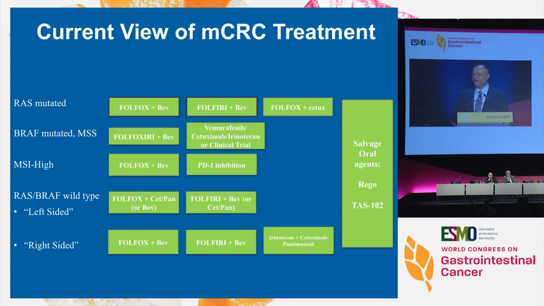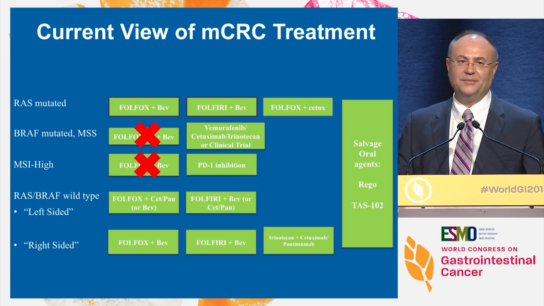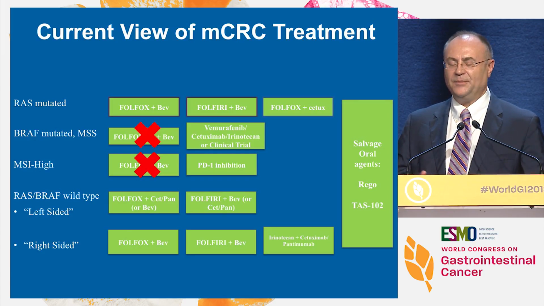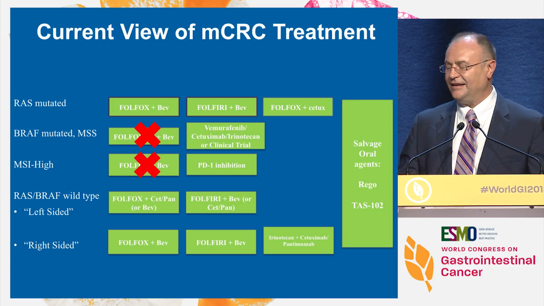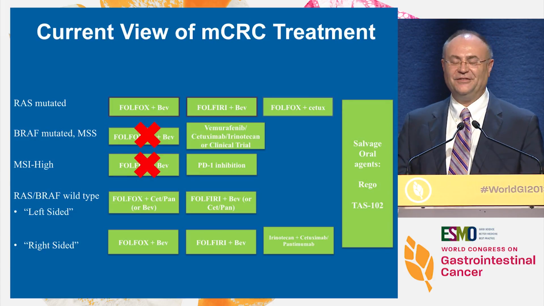So what is the current view? You would probably agree with that, and here is kind of my take. So do we do in the future cetuximab when RAS mutation disappears? Maybe. Data needs to be shown. In mutant BRAF, I think we all move with the BRAF inhibitors with cetuximab and the MEK inhibitor or irinotecan in the first line. These trials are already ongoing. MSI high, mismatch repair deficient: PD-L1 inhibitor will move into first line. So the whole shake-up will be very important.